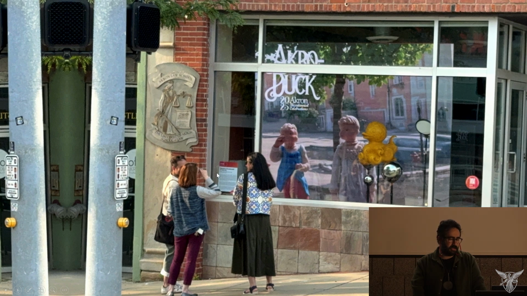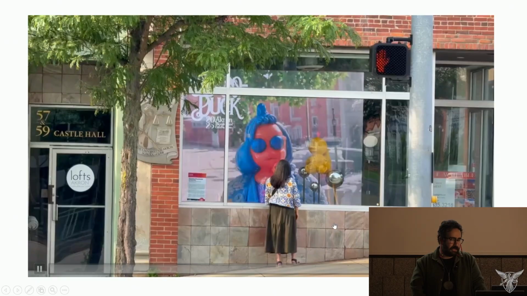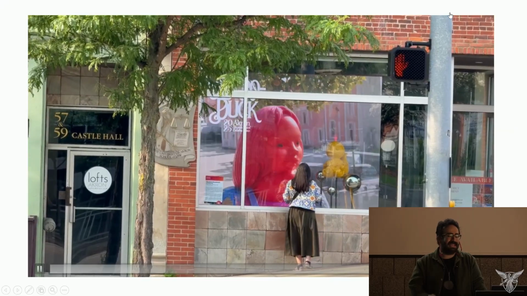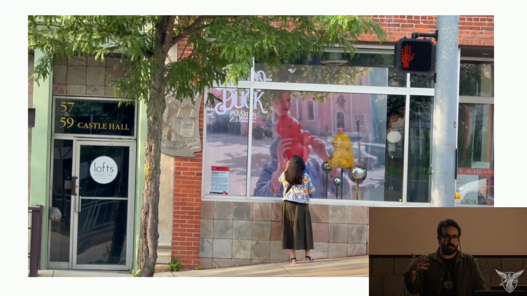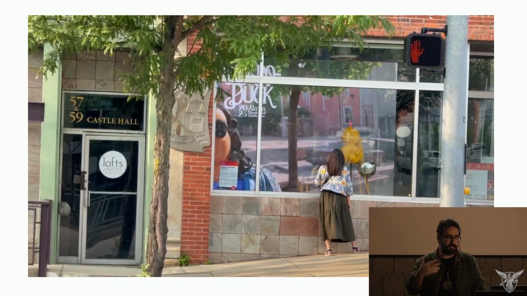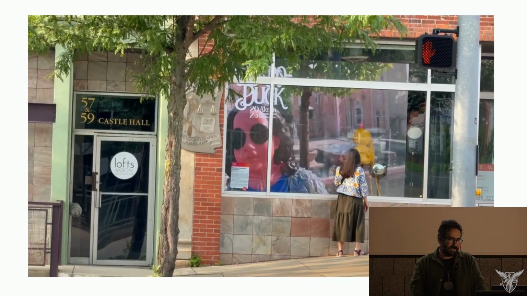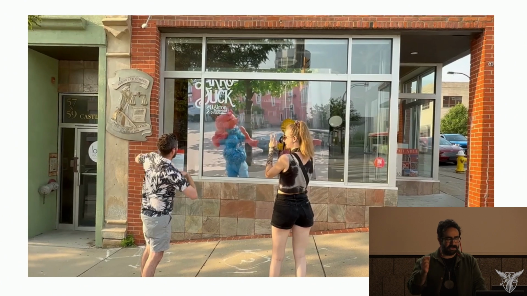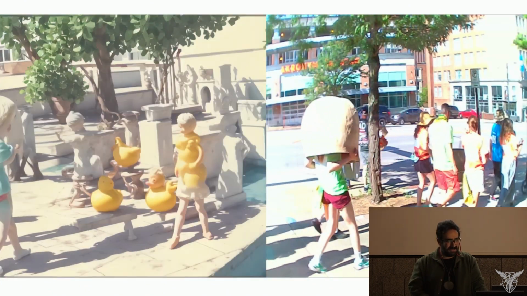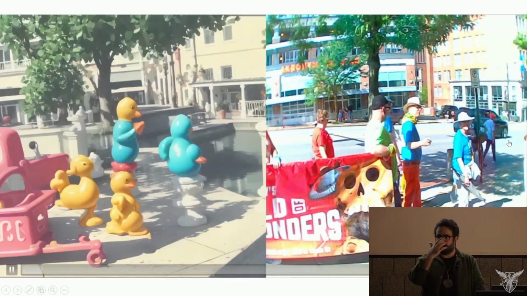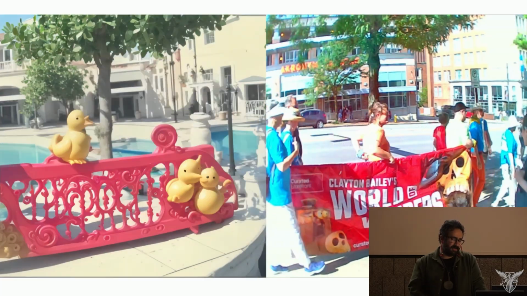It was right at the trailhead of the parade, and it was kind of serving as a public art. Again, getting closer to that facade effect or facade project that I was talking about. So there is an upcoming project that is going to be a full facade, but this one is a little closer to that, I would say, and engaging the audience. But again, as I said, for me, maybe more exciting is really the idea of occupying or kind of animating the facade. And this is what it was seeing during the parade.